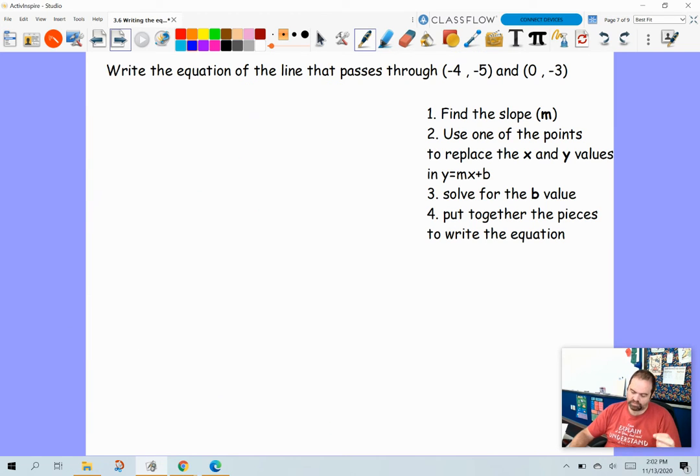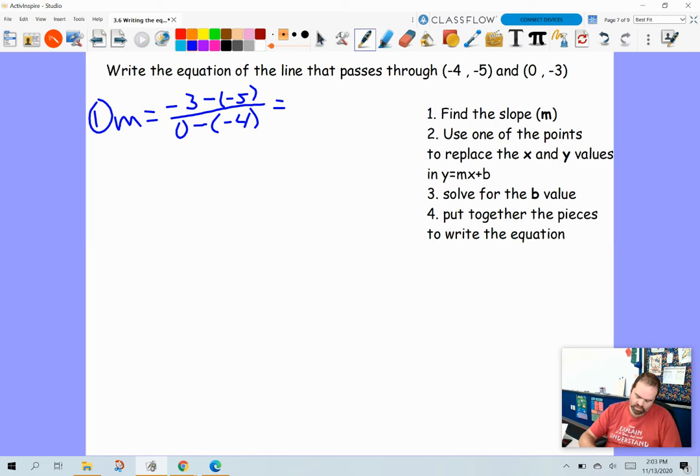All right, next one, last one we're doing together. The other 2 are your homework. So I need to come up with the slope again. So my m is negative 3 minus negative 5 over 0 minus negative 4. That's going to leave me 2 over 4, so 1/2. That's a nice fraction. Go back to your y equals mx plus b